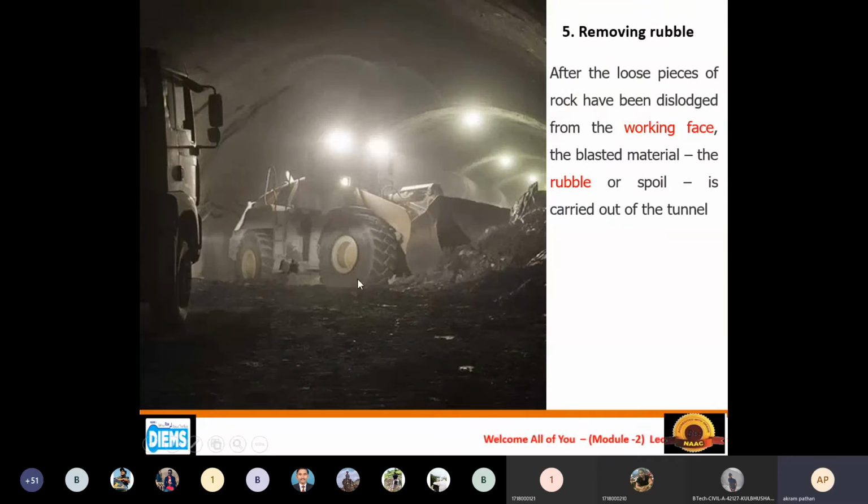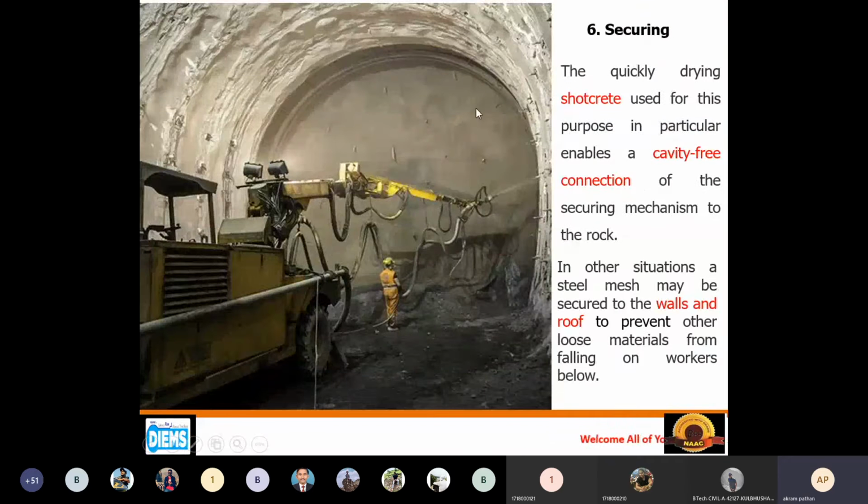Then removing of rubble, and securing. Then plastering will be done with the help of this type of technology, as seen in the last lecture. This is generally called lining of the inside surface of the tunnel. With the help of concrete lining or cement mortar lining, we do these finishing surfaces.